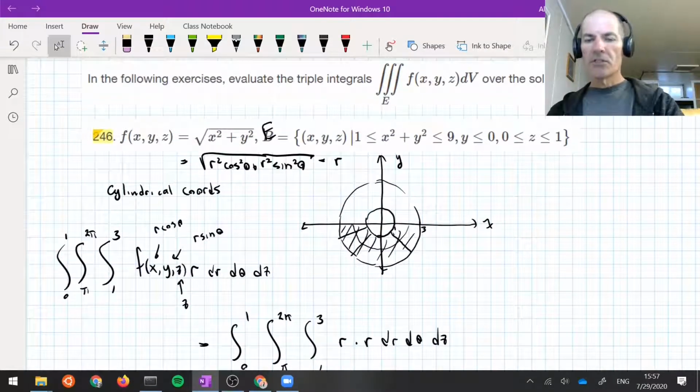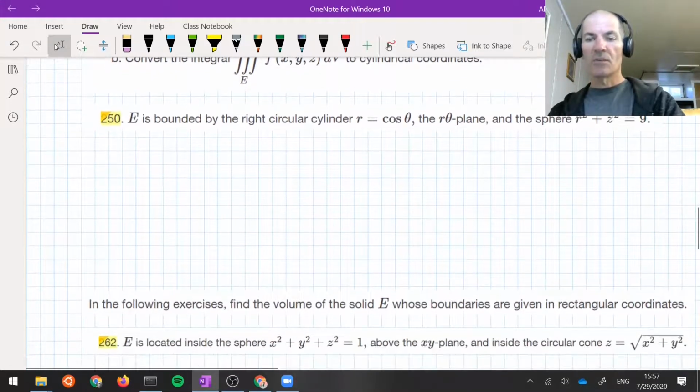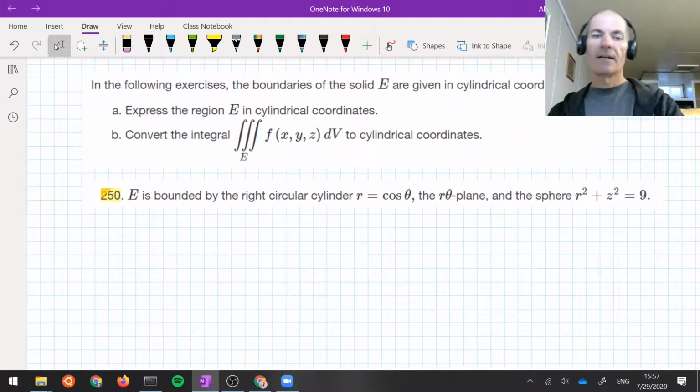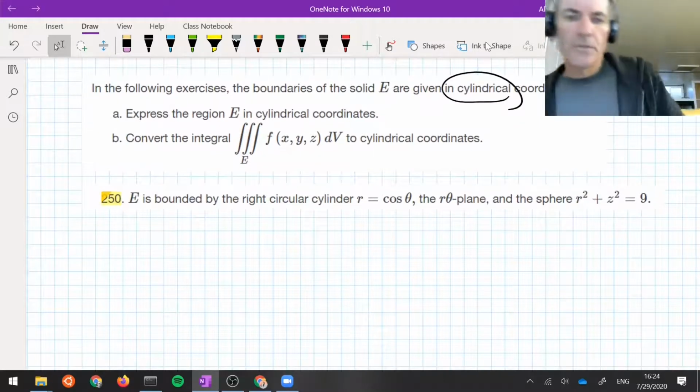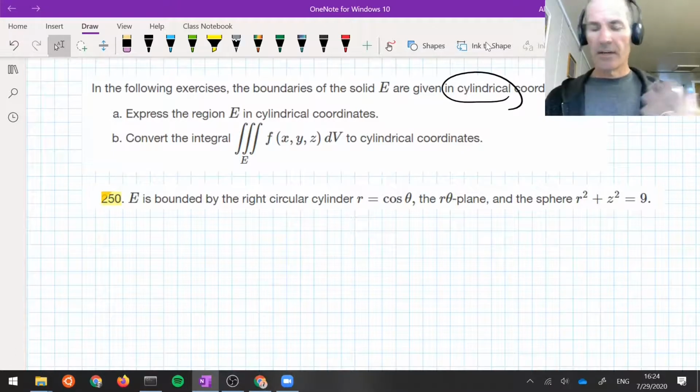Cylindrical coordinates is the right choice here. You could try to do this in Cartesian coordinates. You could also try to do it in spherical coordinates. It might be interesting for you to try, just to see what some of the snags are that you encounter. All right, in problem 250, you're asked to express the region in cylindrical coordinates,